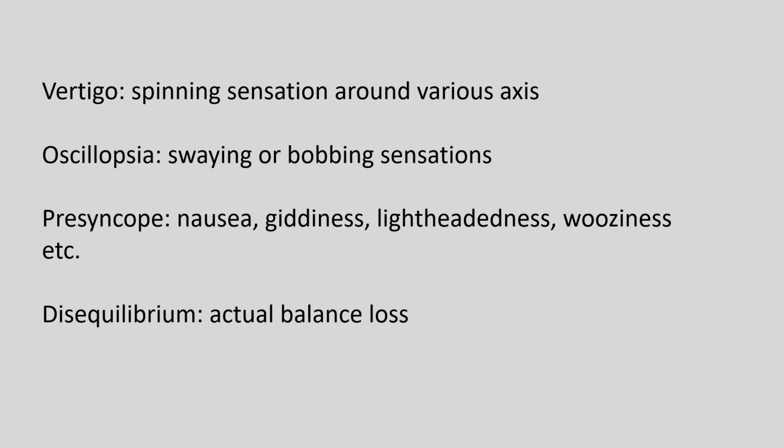Vertigo and oscillopsia are hallucinations of motion. Vertigo is a spinning movement, usually around a vertical axis when upright or coronal when lying supine. It can also be described to occur about a sagittal axis, which is rarer and more often related to more serious disease states such as cerebellopontine tumours or Arnold-Chiari malformations. It is best not to mess with this spin, but refer it out immediately regardless of whether there are neurological